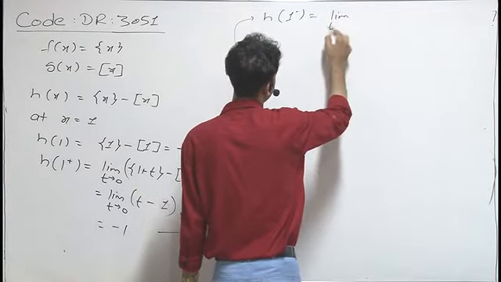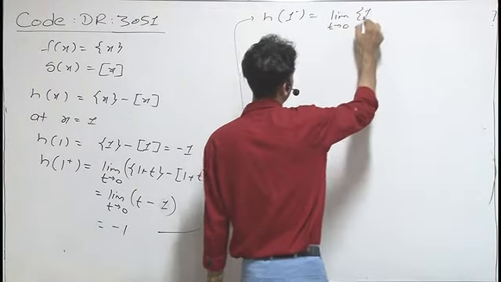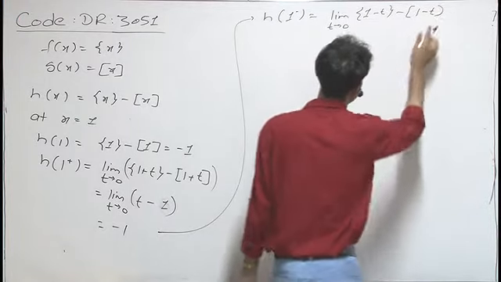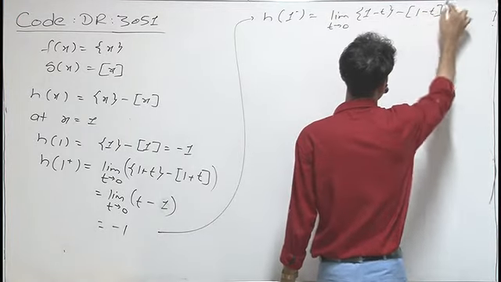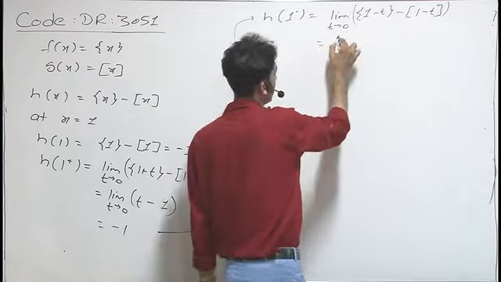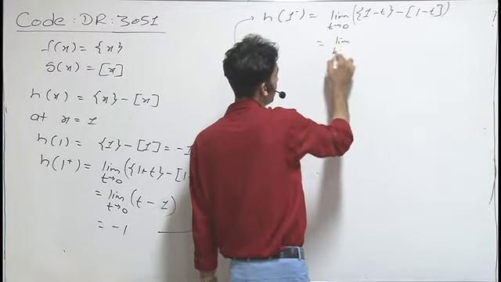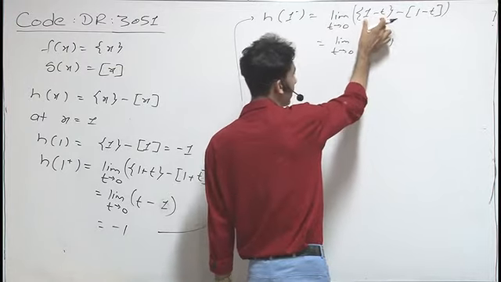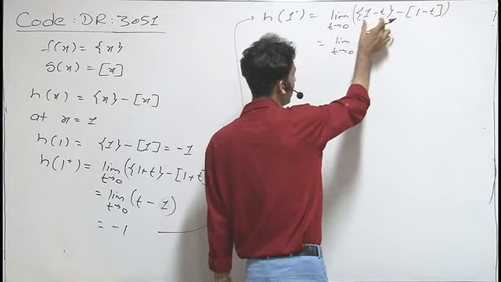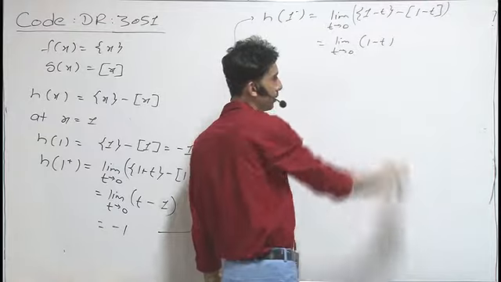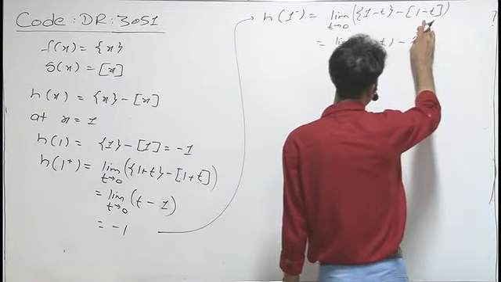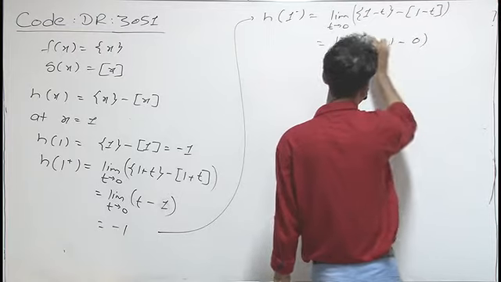It means limit t tending to 0, fractional part of 1 minus t minus box of 1 minus t. It shows us limit t tending to 0. We can open this directly because this number lies between 0 and 1. So we can write fractional part of 1 minus t directly as 1 minus t. And this number is slightly less than 1, which means the box gives us 0.